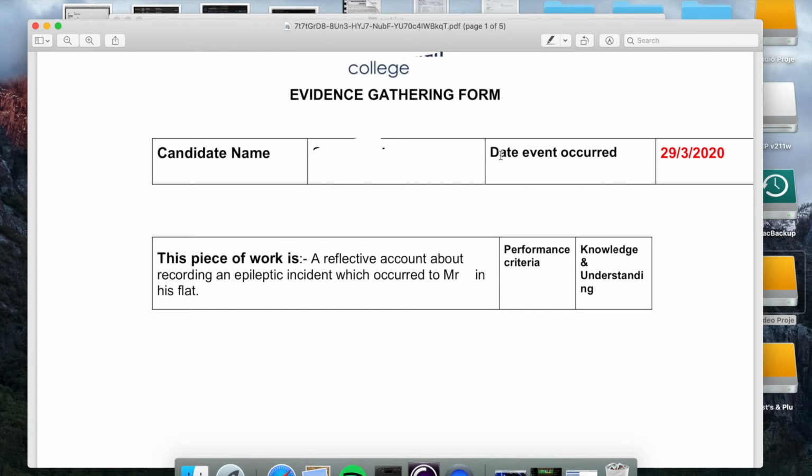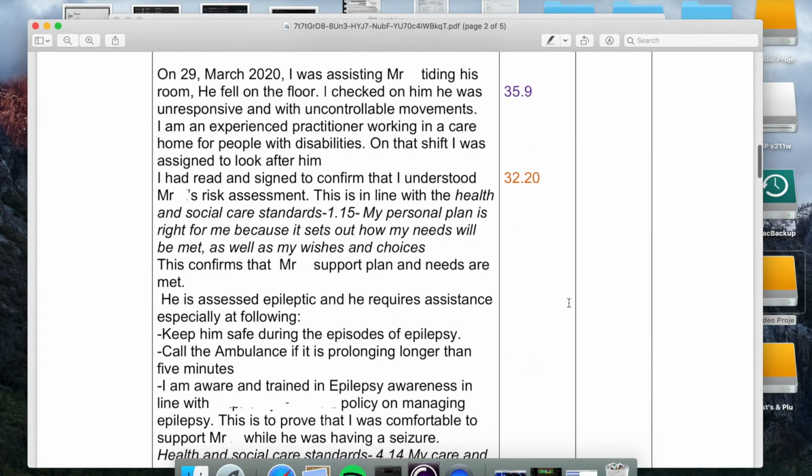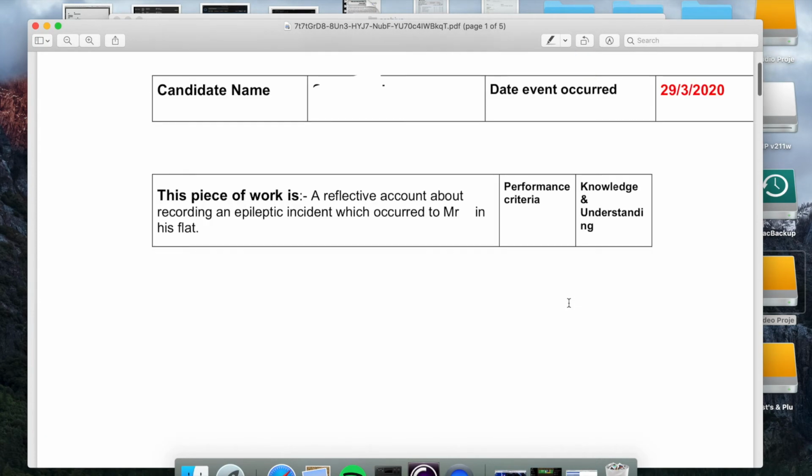Here you can write your name, and also here you can write a date, and you don't need to worry about these two columns over here on the right, as this is where your supervisor will be marking your work anyway. So without wasting time, you can start by saying this piece of work is about a reflective account